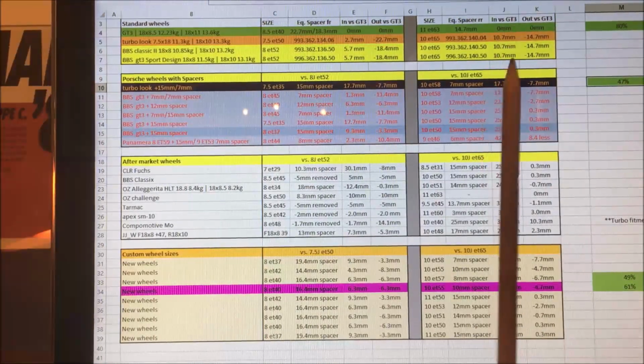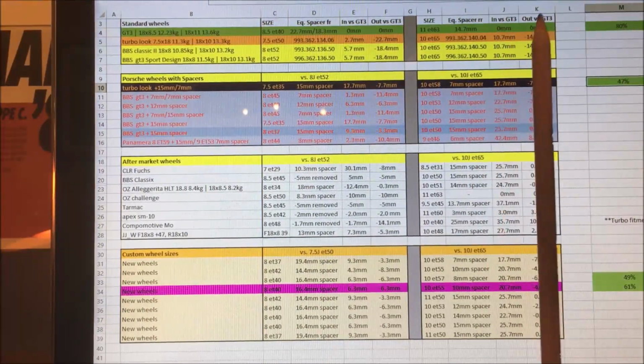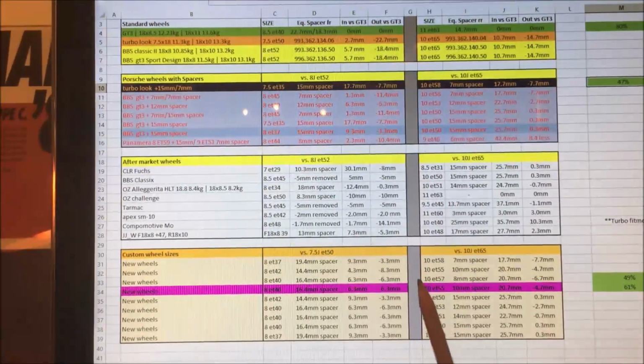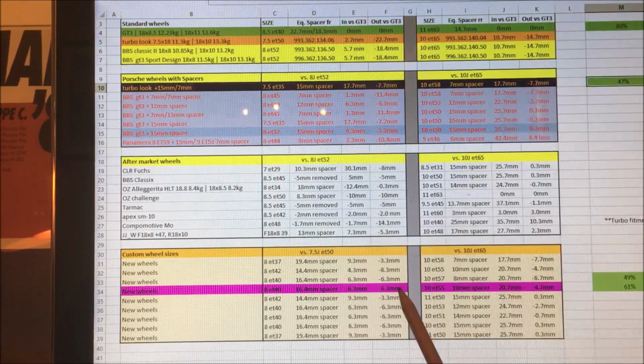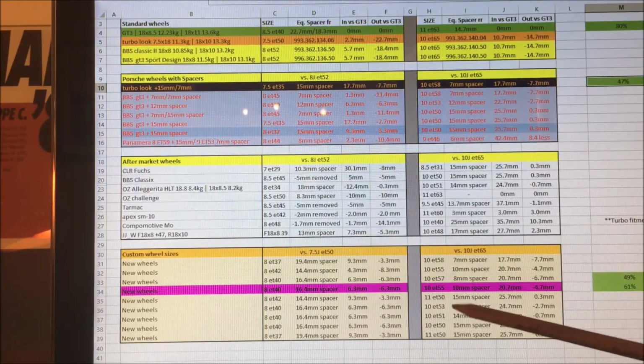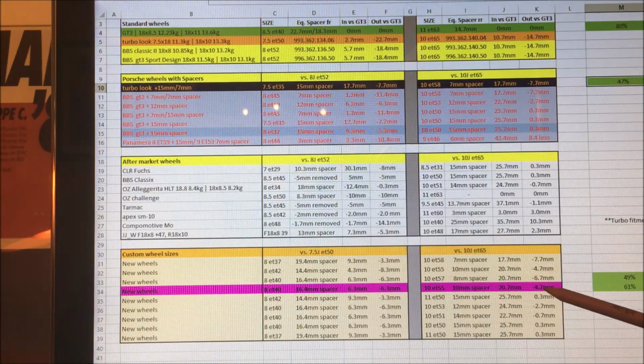So the center line of the wheel does not change, it's exactly the same. So therefore my scrub radius is bang on the GT3 wheel. That makes me happy because it means I'm not going to change the dynamics of the car. Then on the rear, I didn't want to get it sat out as far as the GT3 wheel, I wanted it further in. So I'd worked out the approximate of a 10mm spacer on the rear would give me a 4.7mm step back in from the